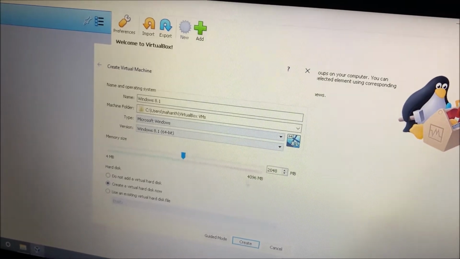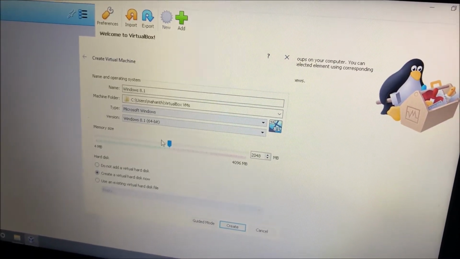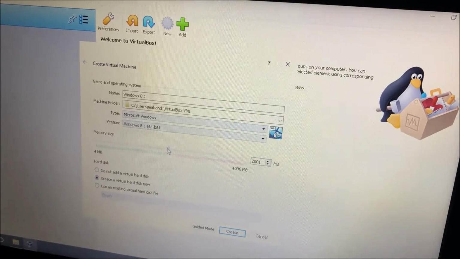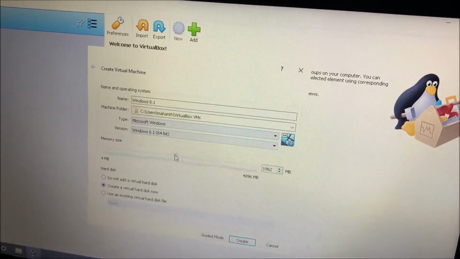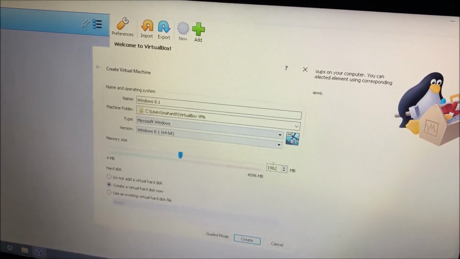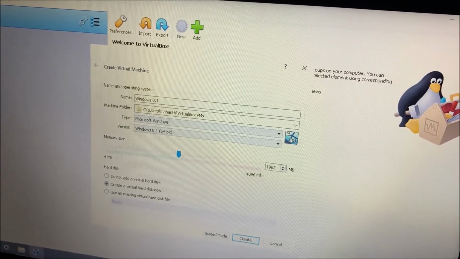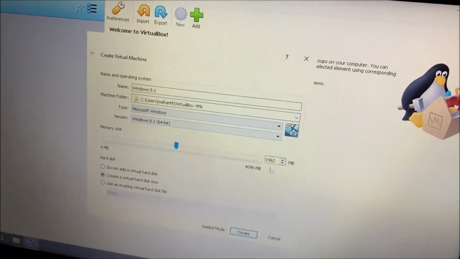I have 4 gigabytes of RAM, so I'll give it about 1962 MB. You can give it as much as you want.